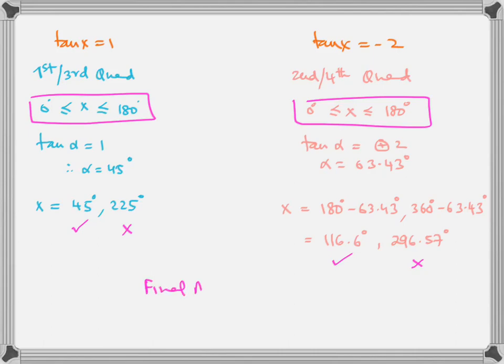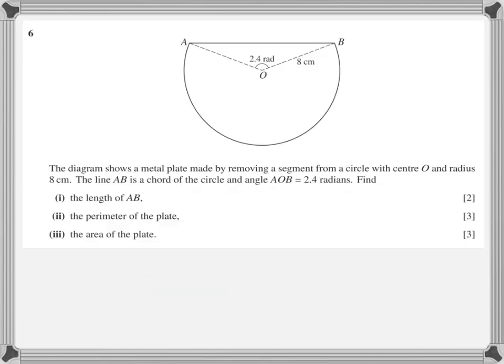One more thing. Since we are so much used to solving in terms of 0 and 360, go ahead and think in terms of 0 and 360. There is no harm in writing some extra answers and then cutting it at the end. There was no extra effort that I did except with an addition sign: 180 plus 45 and 360 minus 63.43. It looks good that way. And at the end, I realized that your answers for x are between 0 and 180. So out of 4, 2 are accepted and 2 are rejected.